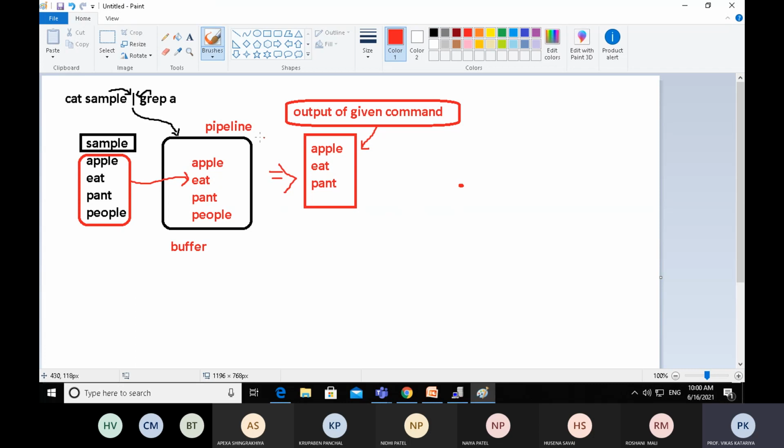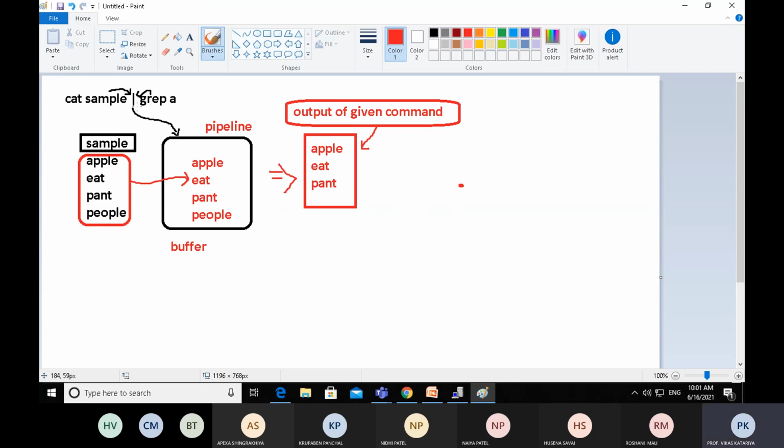I hope you understand the purpose of the pipeline in Linux, how we can execute more than one command, and how the buffer takes input and gives output. It takes input from the previous command on the left and gives output to the grep command, that means the right-hand side command.